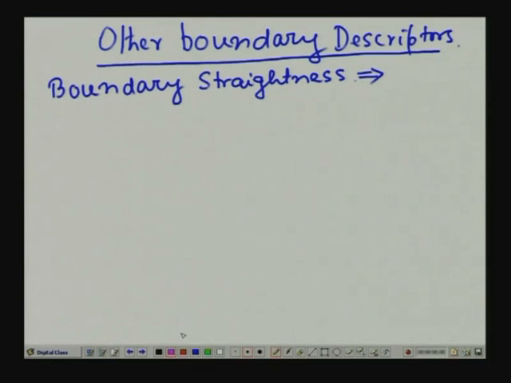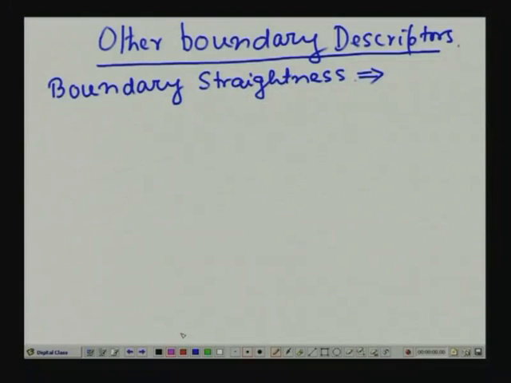This boundary straightness is defined based on the concept of boundary curvature. As we know, in the continuous case, the curvature at a point is given by the rate of change of slope. So, if you take the derivative of the slope at a particular point, what you get is the curvature at that particular point. This boundary straightness, even in the discrete case, is defined as the ratio of the number of pixels